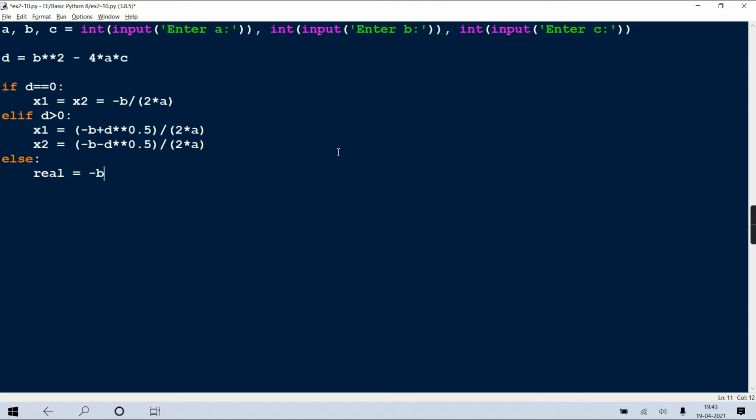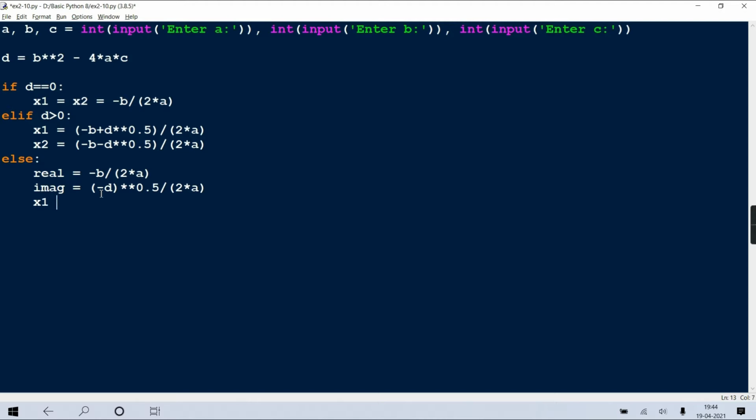Real part will be minus b upon 2a, and imaginary part will be square root of minus d, because d is already negative, so negative will become positive, raised to 0.5, divided by 2a. These two parts are done.